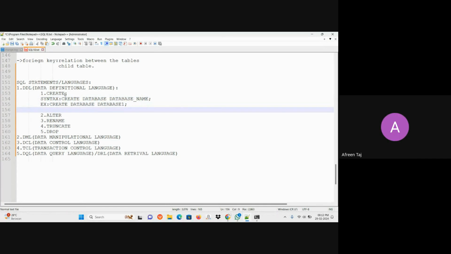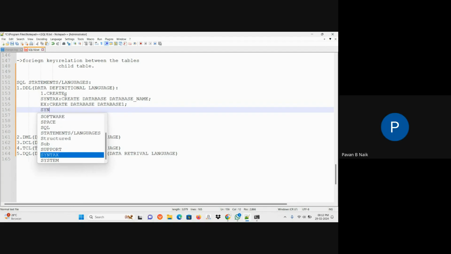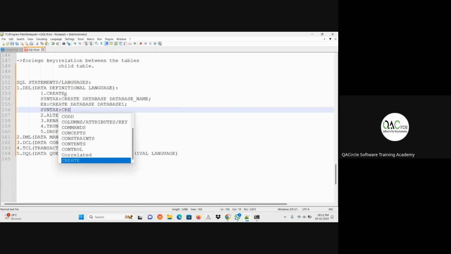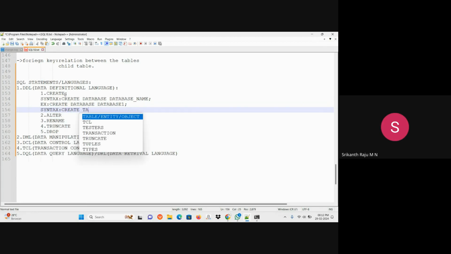Create table, table name. Open bracket, parenthesis.